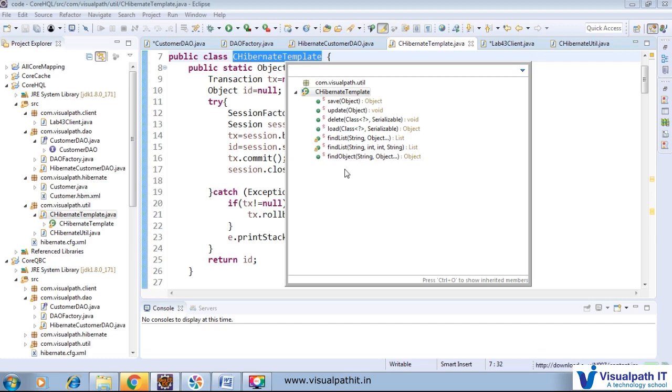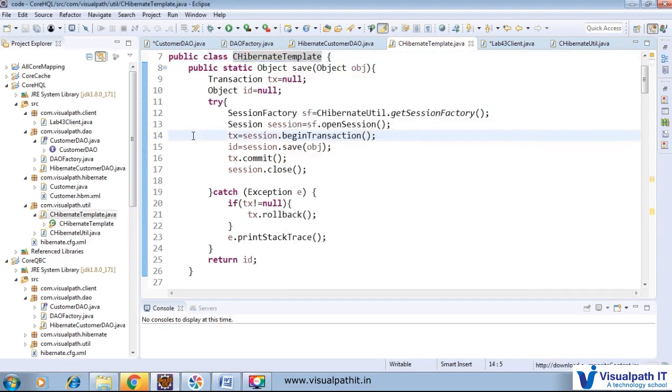So here we reduce the code, as well as the code duplication problem, as well as the maintenance problem, because if some functionality does not work, we have to modify only that functionality. For example, the saving logic is the same even though we are saving different kinds of objects with different kinds of data. So we provide one saving logic, and if our save logic does not work, we have to modify only one place. Once we modify it, it will take effect everywhere.